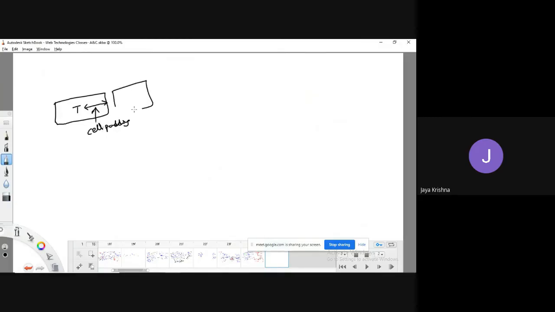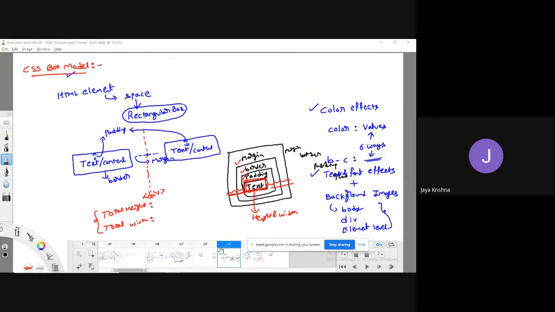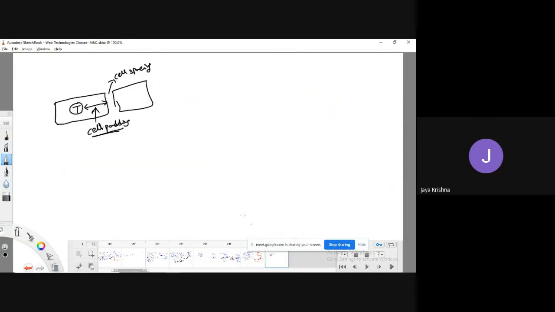The space between the cells we call cell spacing. So padding means the amount of space that is provided between the content and the border, which we call cell padding. Similarly, here also padding means the amount of space that you are going to provide between the HTML element and around the border, which we call padding.